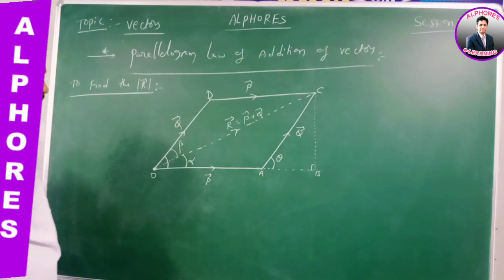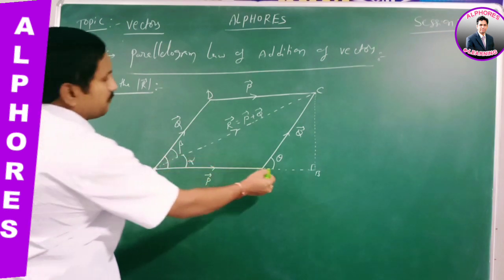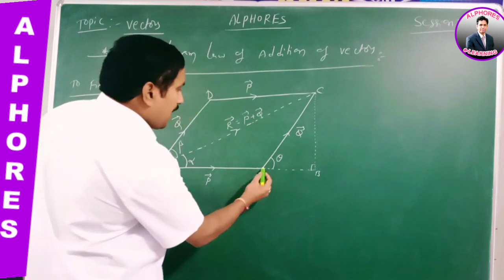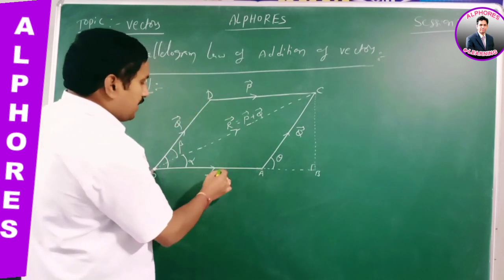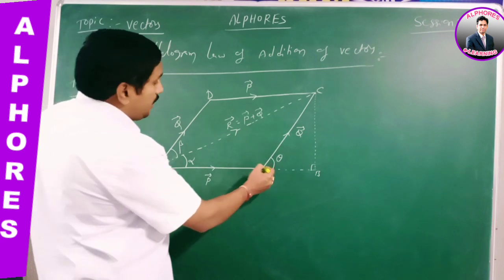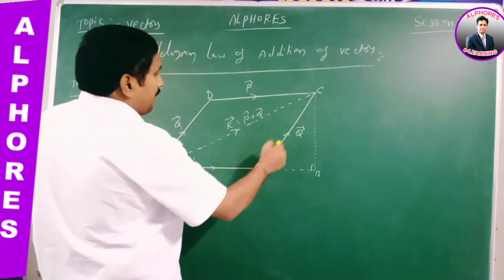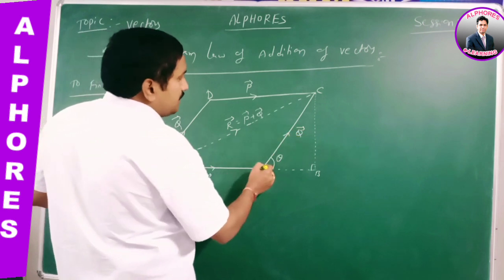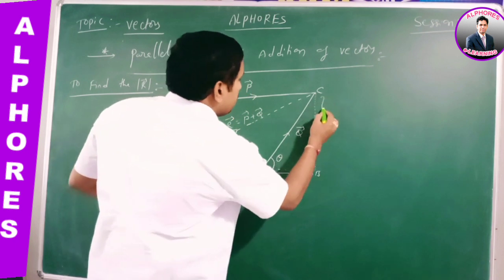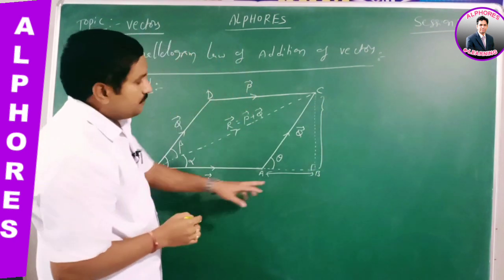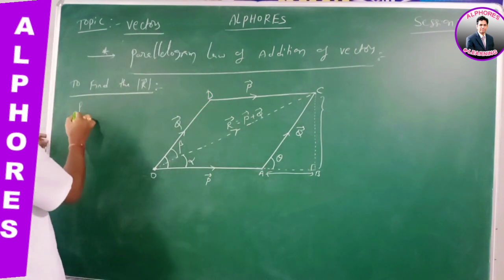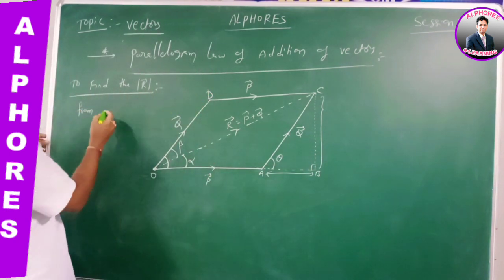Now what I am taking is, initially, this small triangle. Because OA has magnitude p bar, with magnitude p, and direction along O to A. And this AC has a magnitude q, with direction A to C. But we don't know the values of this AB and these values also. That's why these two values can be found by taking this right angle triangle.